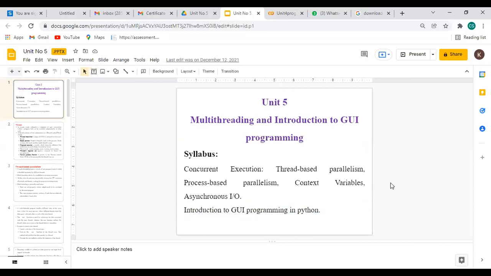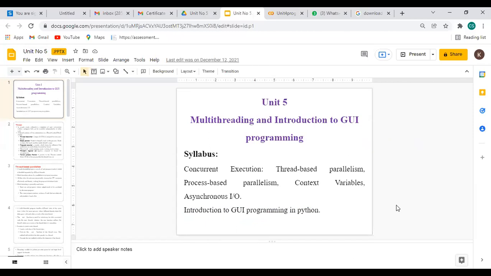You need to perform that GUI programming in IDLE, or in Google Colab there will be no issue. But when we are accessing data from an SQL database or somewhere else, means when we are performing connectivity, it will give an error. If I am working with IDLE, it will display the GUI, but connectivity is not done. But on the Colab platform connectivity is done, but the GUI will not be displayed.